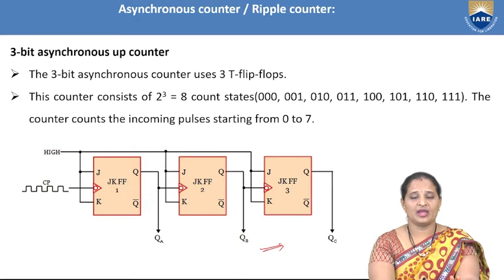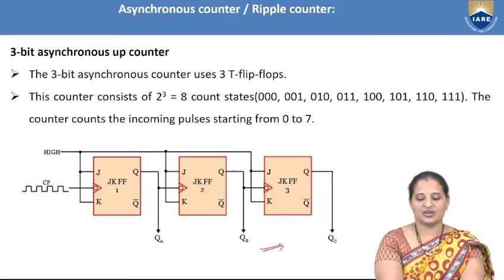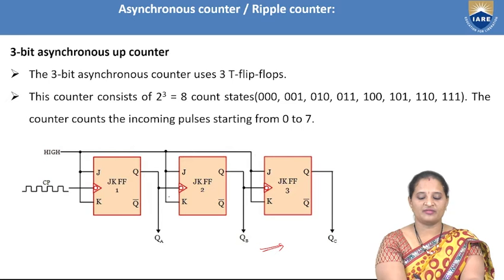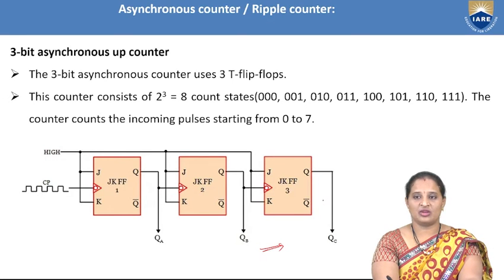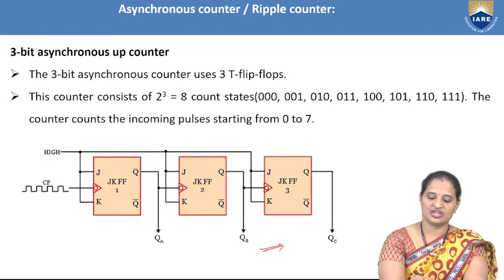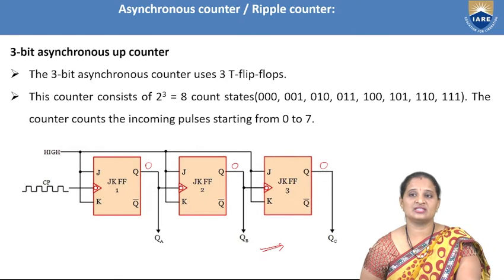We have only an extra flip-flop added, where the output of the second flip-flop is given as the clock input to the third flip-flop. And we are connecting the J and K inputs together to the high data, that is logic 1. The clock pulse is applied to the first flip-flop, whose pulses are to be counted, and the output of one flip-flop is given as the clock input to the next flip-flop. These are also considered negative edge triggered flip-flops. So this is the 3-bit asynchronous counter, and initially we consider that the flip-flops are all reset. That means initially the state of the counter is 0 0 0.